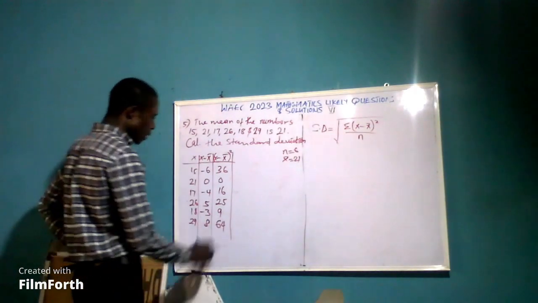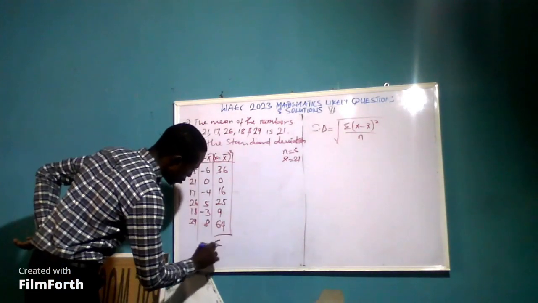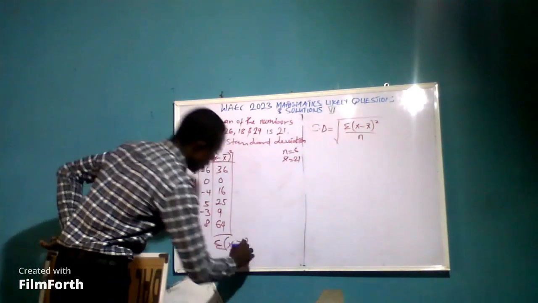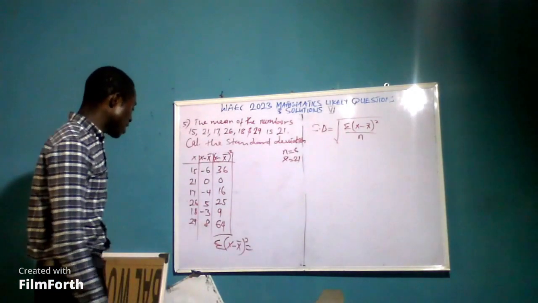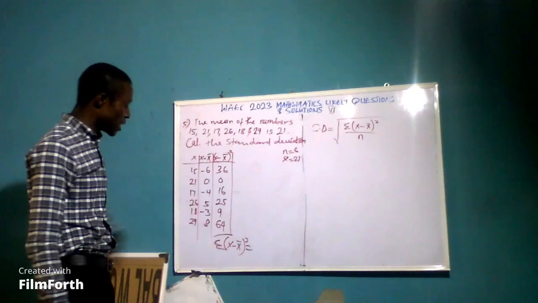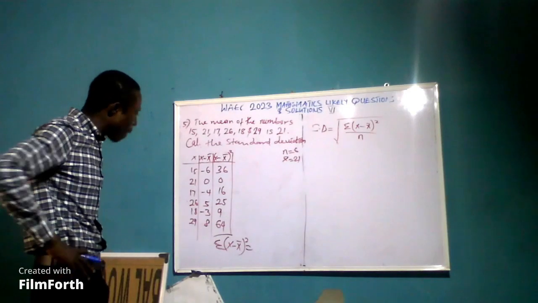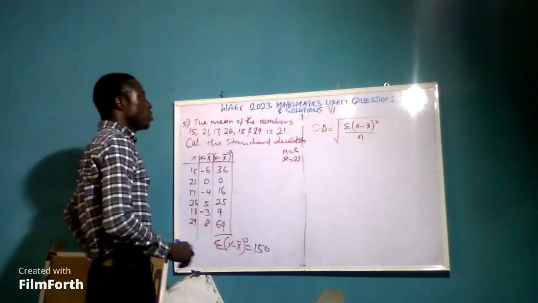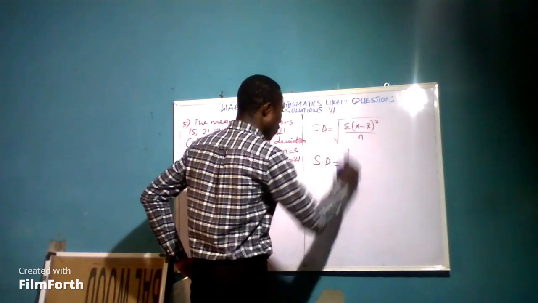Okay? Now, the next thing is to take the summation of x minus x bar squared, and that will be adding all this together. So we have 36 plus 16, that will give you 52. 52 plus 25, that will give you 77. 77 plus 9, that will give you 86. And 86 plus 64, yes, that will give you 150. That's 150. Okay? So therefore, our standard deviation, denoted as SD, is equal to the square root of